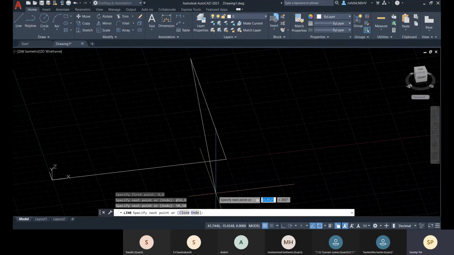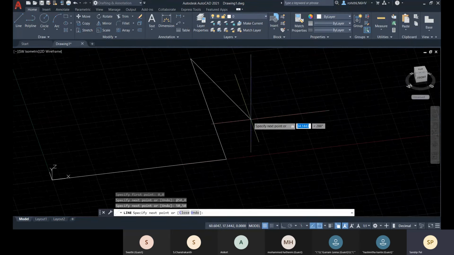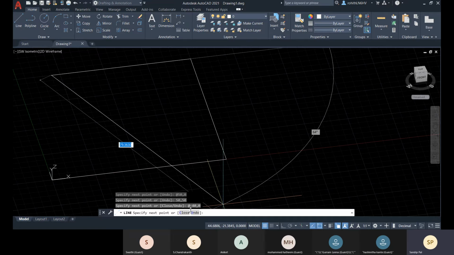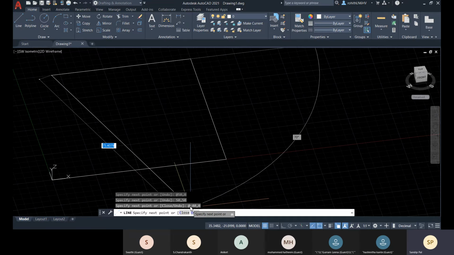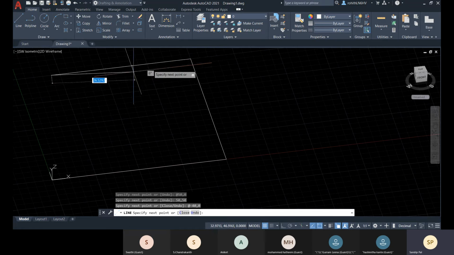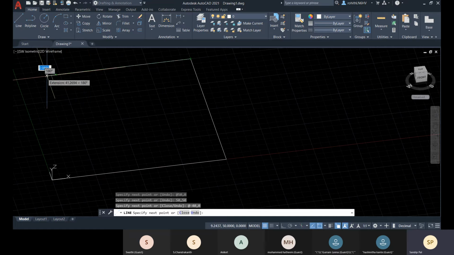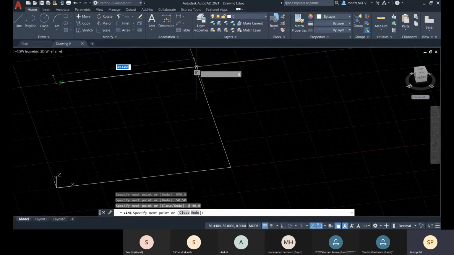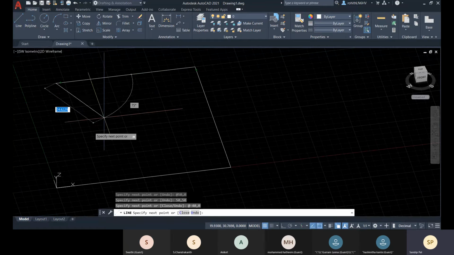Now if I again go for dynamic input and type minus 40 comma 0, you see that it has taken the at the rate. So from this point the value is 40 and the direction is the minus X direction. It has taken the value from its previous point.